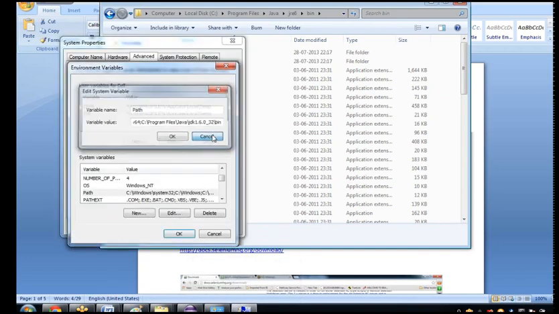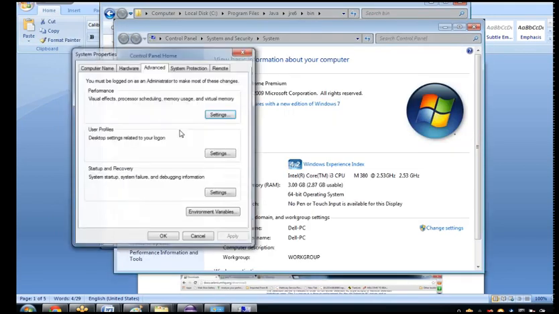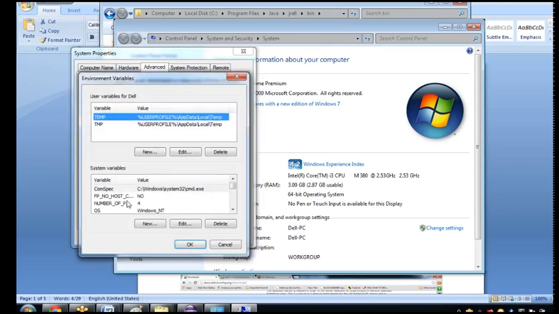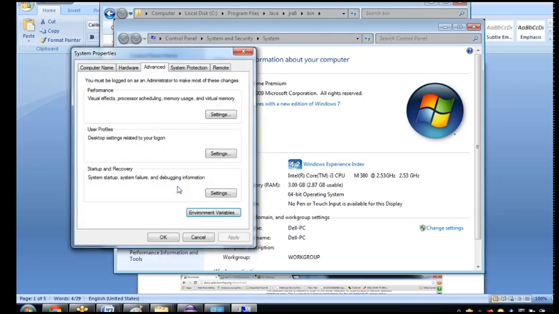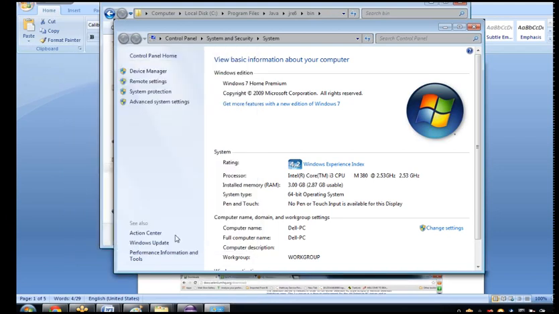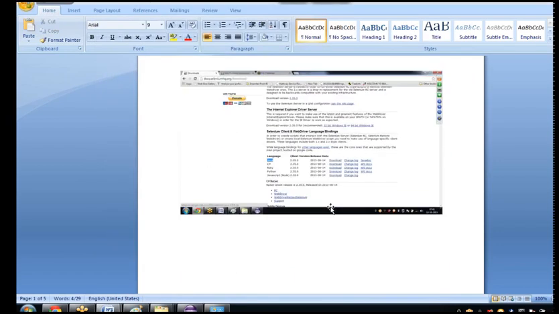Environment variables, check for the path variable, give one semicolon at the end, and paste the path. That's all. So that your system knows where exactly Java is pointing to, and it will take Java from there for your smooth execution.